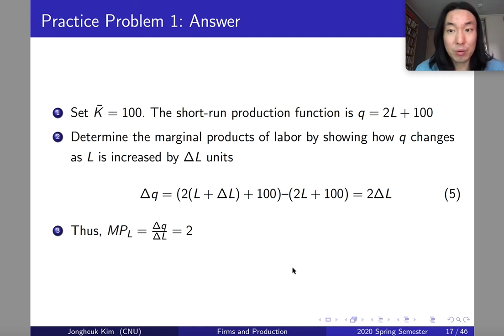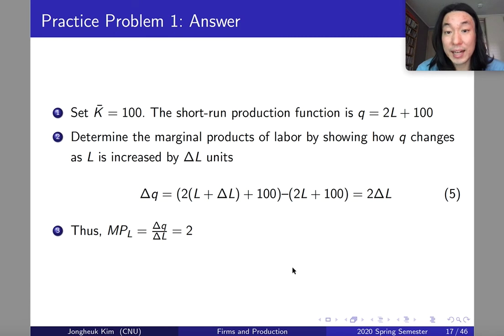So now we don't have to think about the K. K is not a variable anymore. It is just a constant term of 100. So our short-run production function is now changed from 2 times L plus K to 2 times L plus 100. Okay. After that, the second step, you can determine the marginal product of labor by